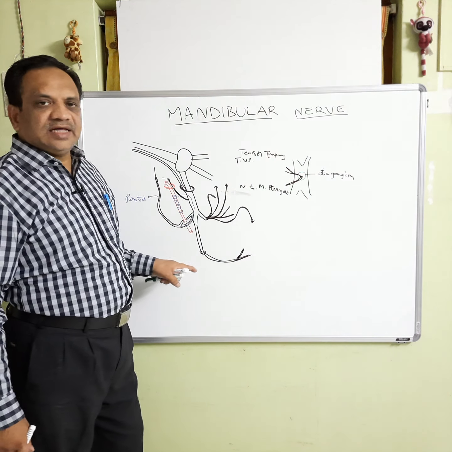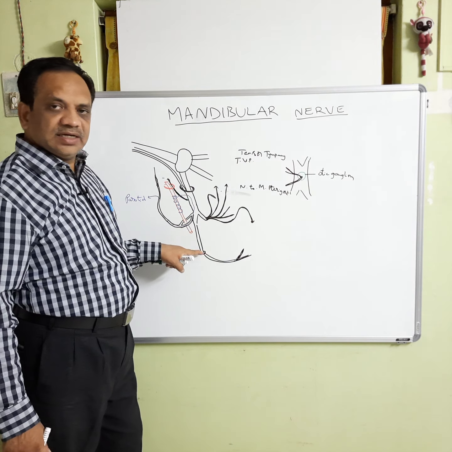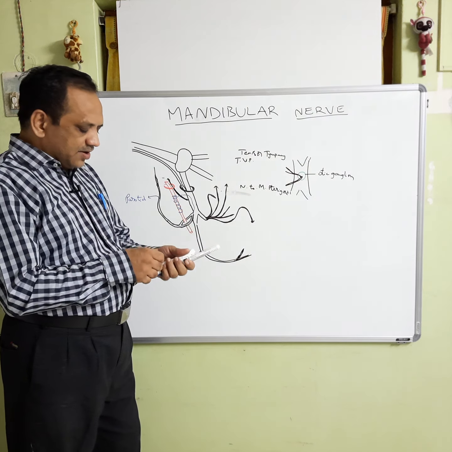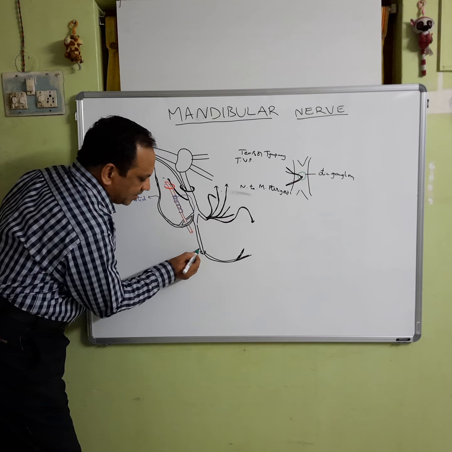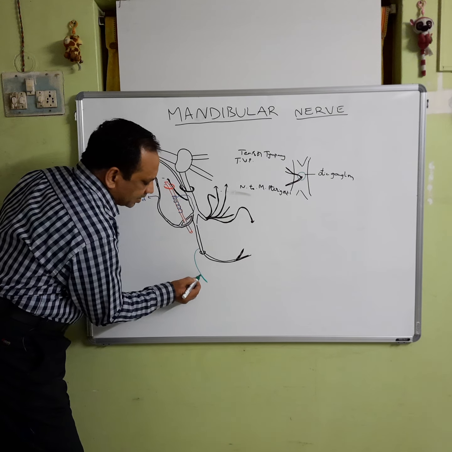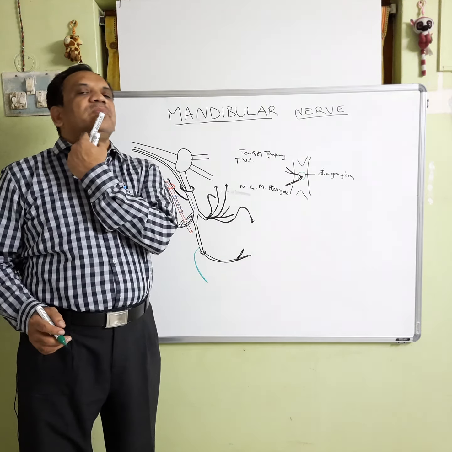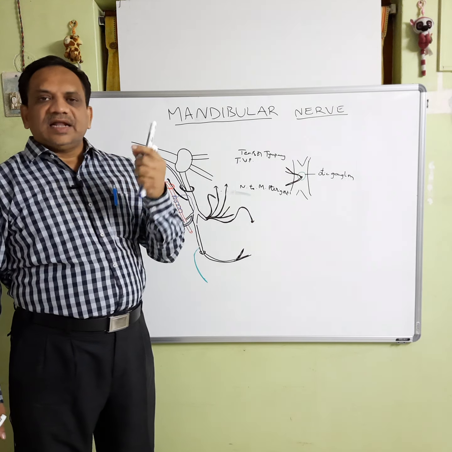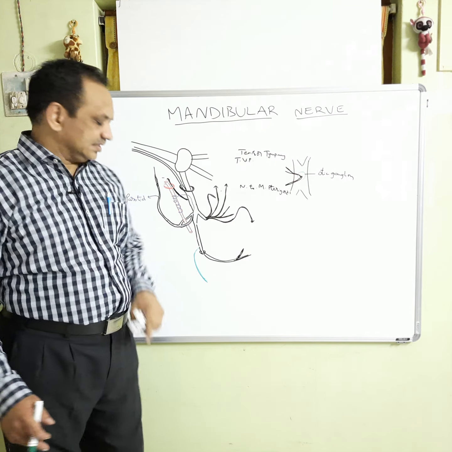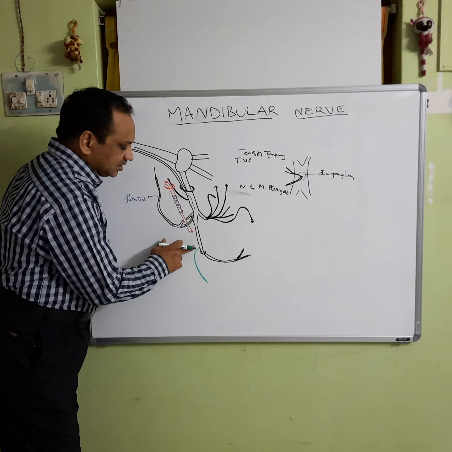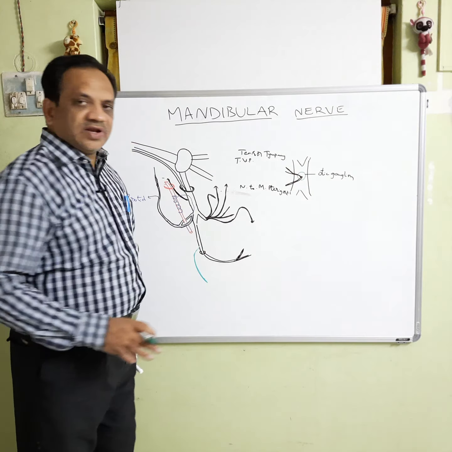Here there is a specialty. A few motor fibers are carried through this inferior alveolar nerve, which come out just before it enters into the mandibular foramen as the nerve to the mylohyoid, like this. So they pierce the mucous membrane, then they innervate the mylohyoid muscle and also the anterior belly of the digastric muscle. These are the motor fibers which pass through the inferior alveolar nerve. This is about the inferior alveolar nerve.